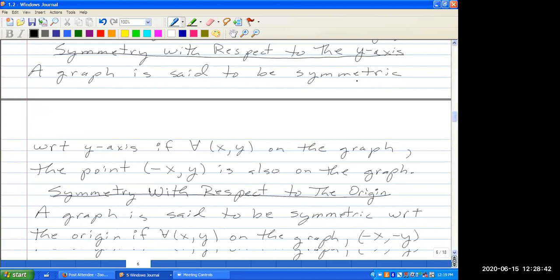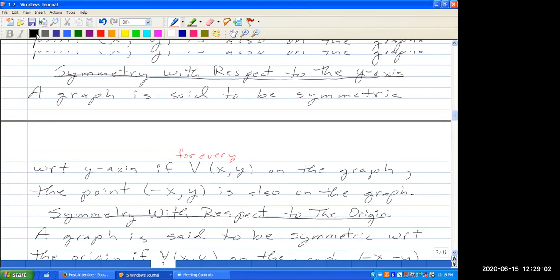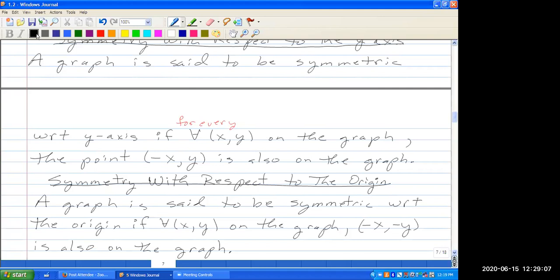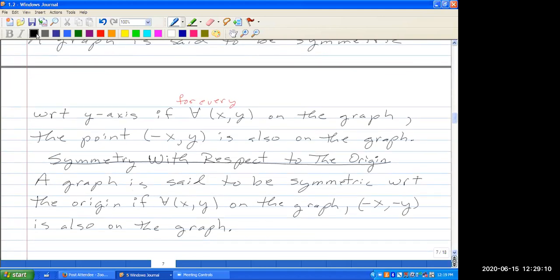Symmetric with respect to the y-axis. A graph is said to be symmetric with respect to the y-axis if for every point (x, y) on the graph, the point (-x, y) is also on the graph. So this is symmetric with respect to the y-axis